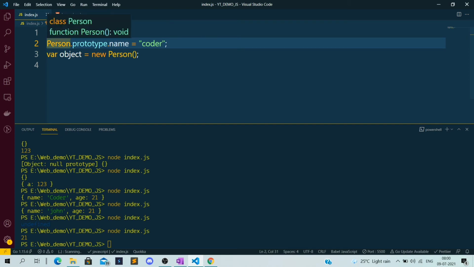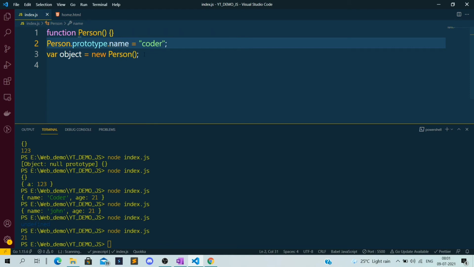A function is also an object, and every object has a property prototype. Using the name of the function, I am using the prototype, and using that we can create any property. Here I am creating a property name, and inside that I am storing coder.